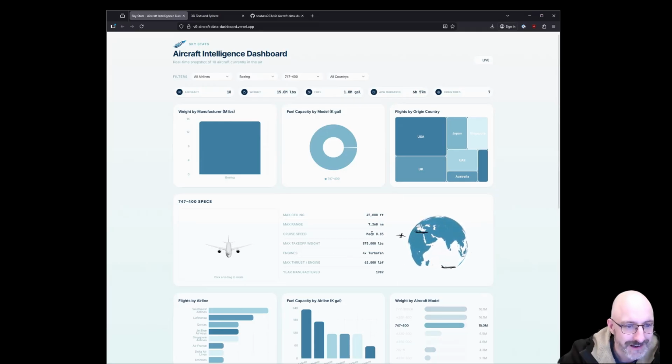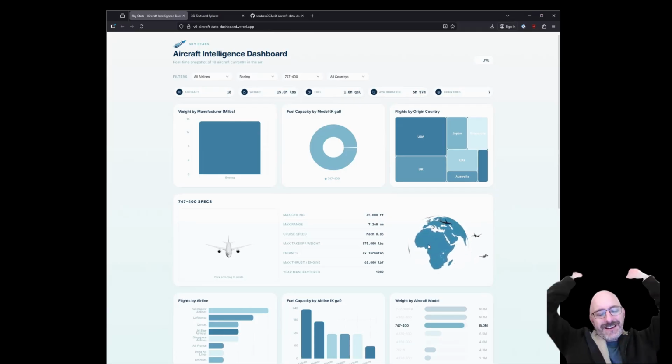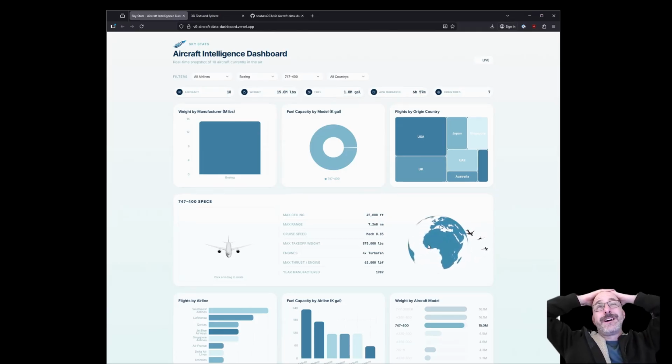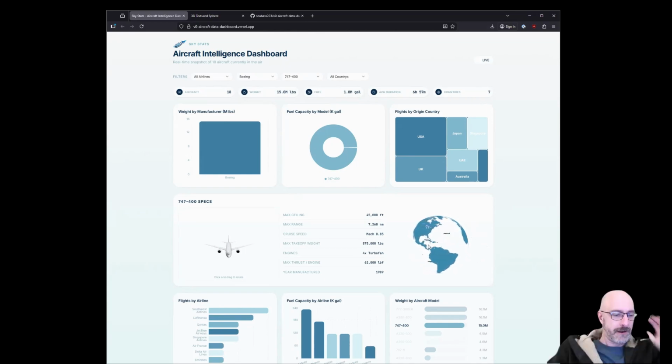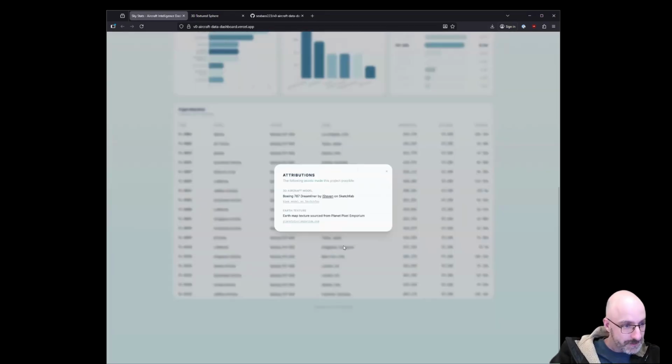It's awesome. What I asked it to do here was make a Three.js globe, a spinning globe, and use the texture. I gave it the texture, and then I went on. Let's see, where did I go? I have to remember this. Sketchfab to get this Boeing Dreamliner.